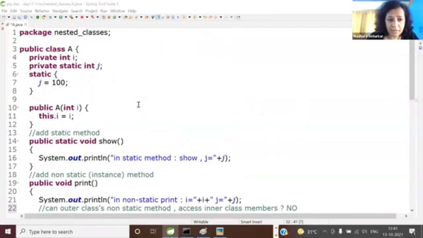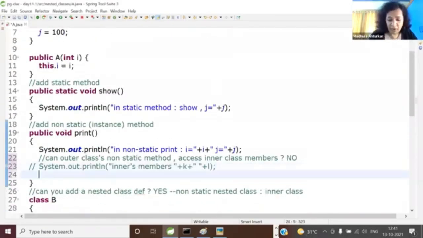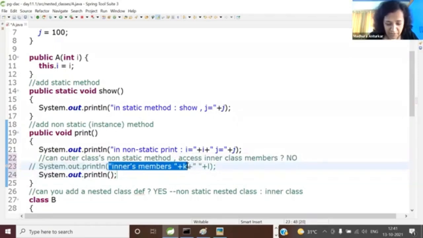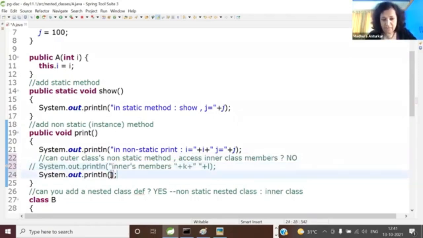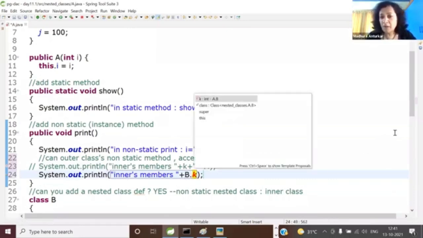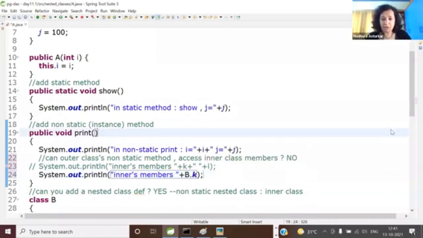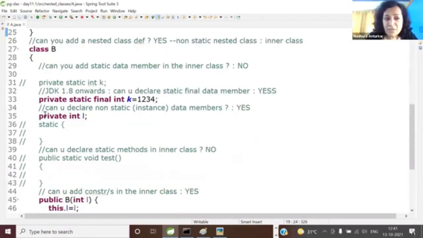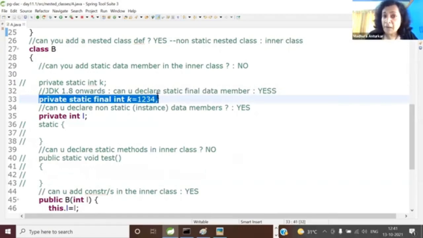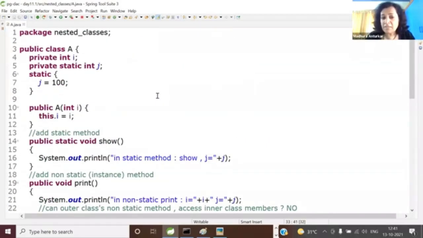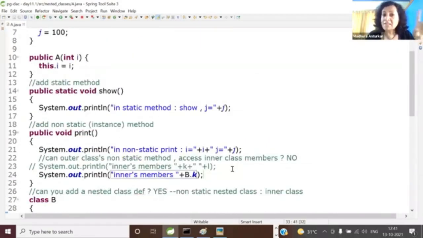Wait a second. Where am I? So here, if I want to access it, SOP, I'll just do this much only. And see this, here the inner name is what? B. So B dot K. You got it? So I hope you are observing. This was private, but finally it is the part of the outer class. So outer class can access even the